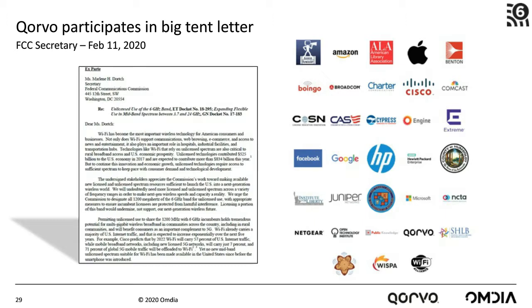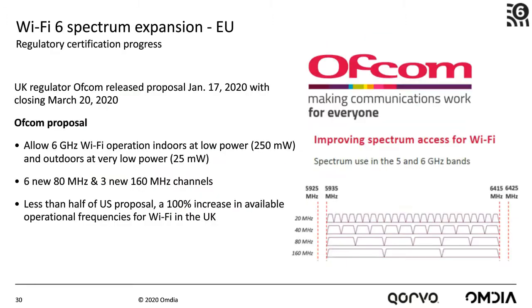Okay, and to take a look at the European side in Ofcom, again, here we've got a good chunk of spectrum. This would take us up to the 6.4 gigahertz, which is essentially 6 new 80 megahertz channels or 3 new 160 megahertz channels, and certainly facilitating the path of having a 320 megahertz channel in there in the future. So 100% increase, right, in valuable operational frequencies in the UK alone with this proposal moving forward. So a lot of excitement across the industry, and it doesn't stop there when we talk about the use of